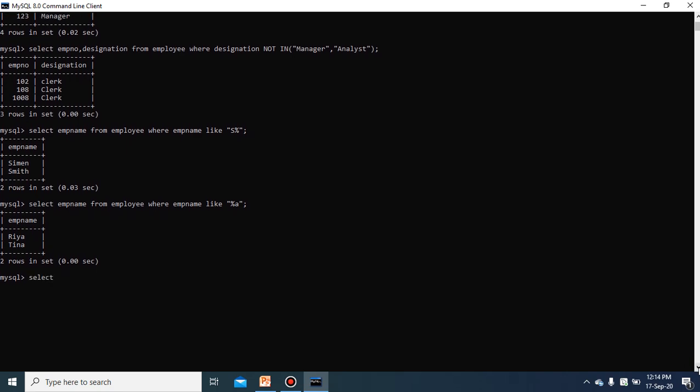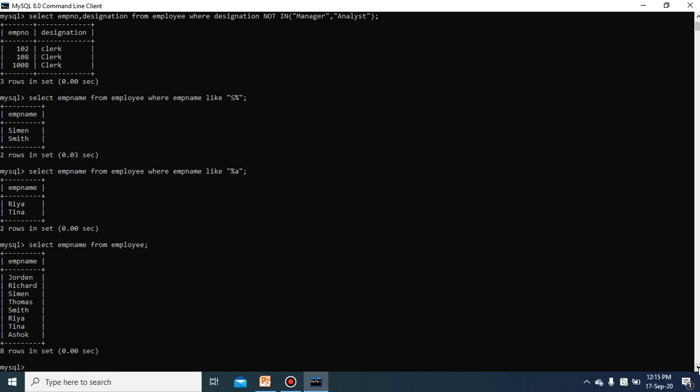First of all, because every time we need to see the table, select emp name from employee. First you see it. Now we will write the query: select emp name from employee where emp name like.